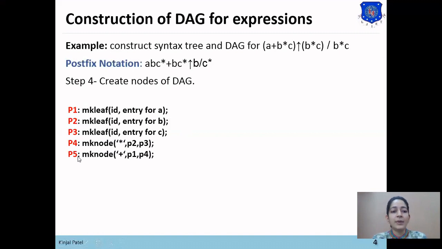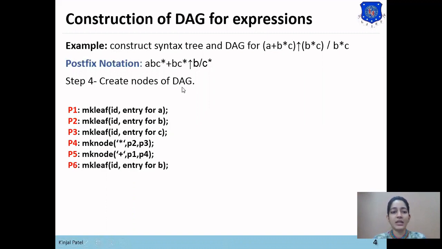Now the next operator is plus. For plus, the makeNode function is used to create the plus node. The left child of plus is P1 and the right child of plus is P4. The left child of plus is A, which is stored in P1, and the right child of plus is B star C, which is stored in P4. So the right child of plus is P4.